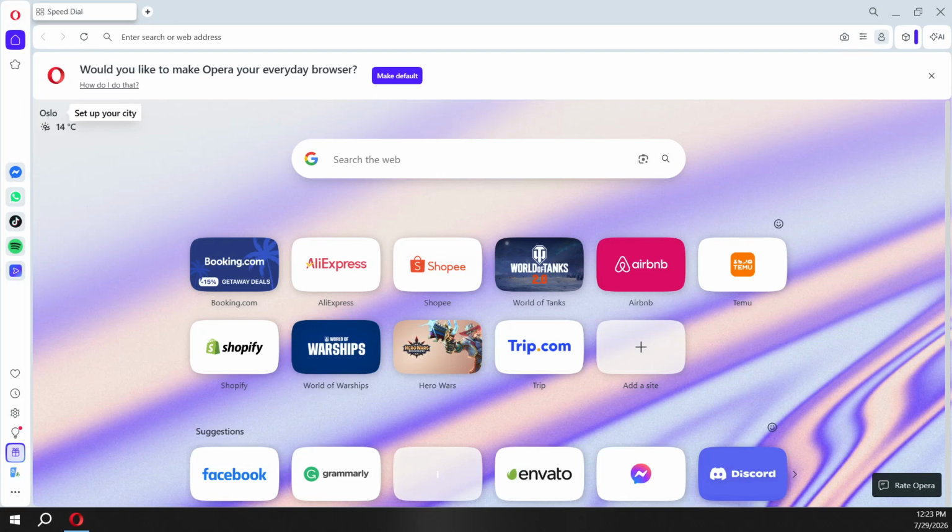In today's video, I'm going to teach you how to allow all cookies in Opera browser. Cookies help websites remember you, keep you signed in, and store things like shopping carts and preferences. If you're troubleshooting a site that won't load correctly or keeps logging you out, allowing all cookies can quickly resolve those issues. I'll guide you through the relevant settings in Opera and explain what you're seeing so you can make